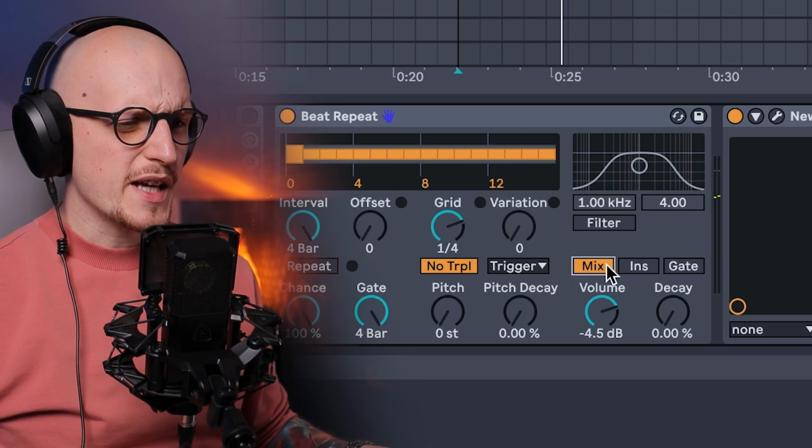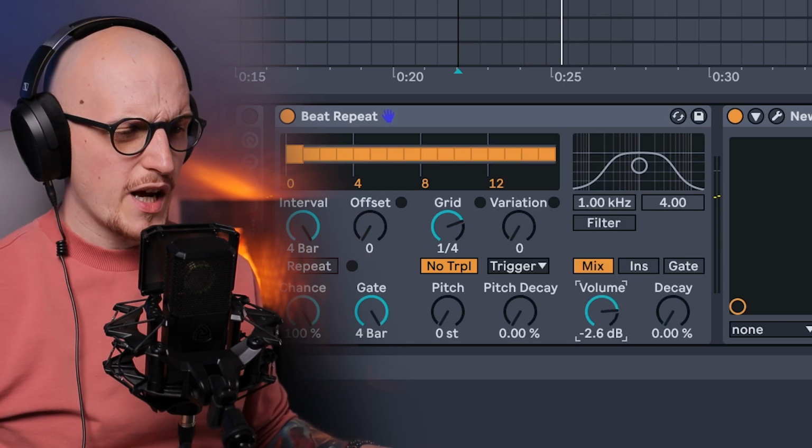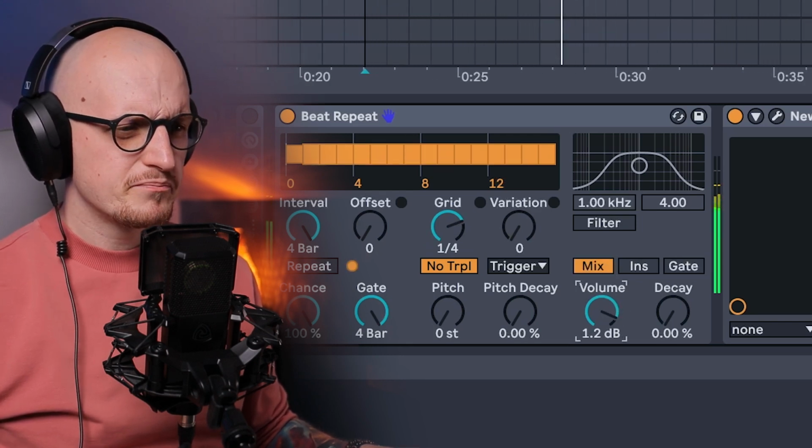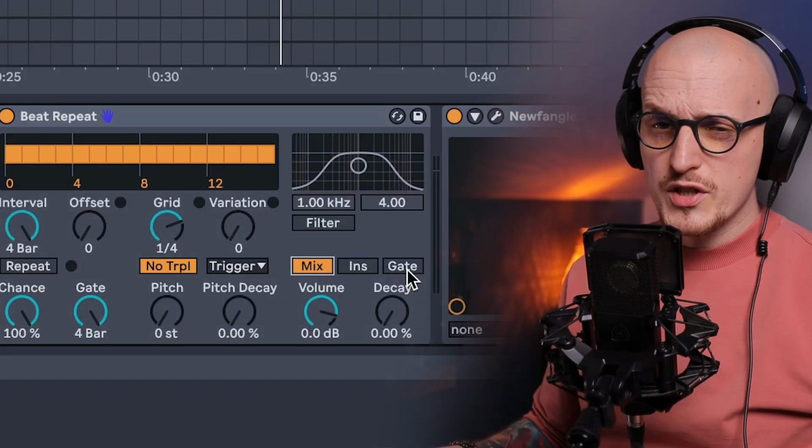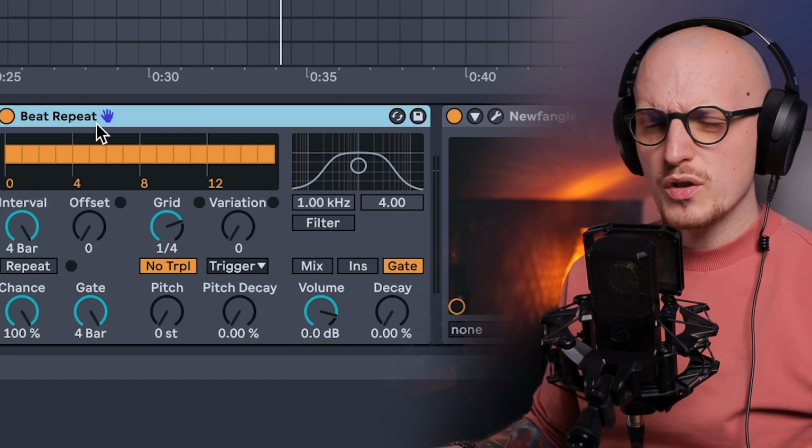Once I switch mode to mix, volume knob works like a dry and wet. But you still can hear the original. Luckily, I got a fix for that. So switch it to gate once again, and the first thing you need to do is to group it by